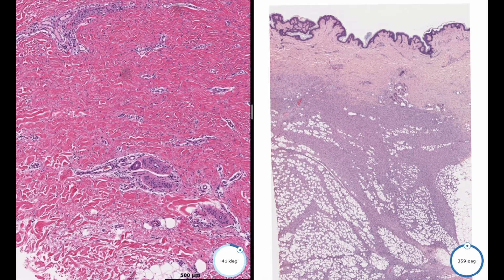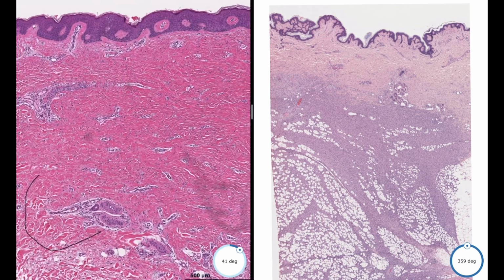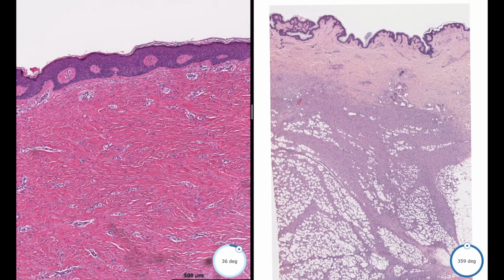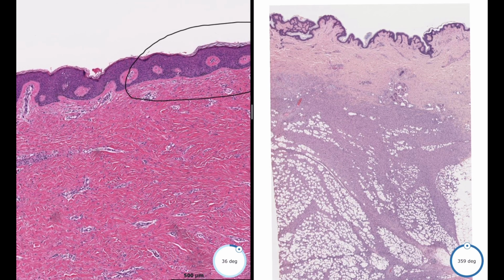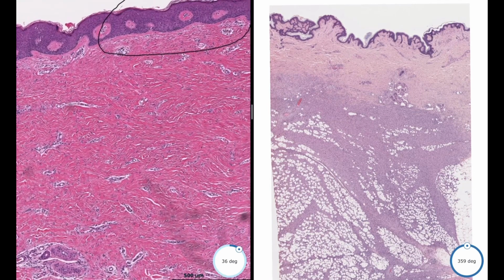Also, some features that might help you to define that this is dermatofibroma is the presence of multinucleated giant cells or hemosiderin. These favor dermatofibroma. Also, there's one very important feature, which is the thickening of the epidermis, which is usually acanthotic, and showing some tabling. This feature, which is the flattening of the epidermis, is called tabling. So when you compare epidermis right here to here, it's actually thickened and more flat due to the lesion pushing